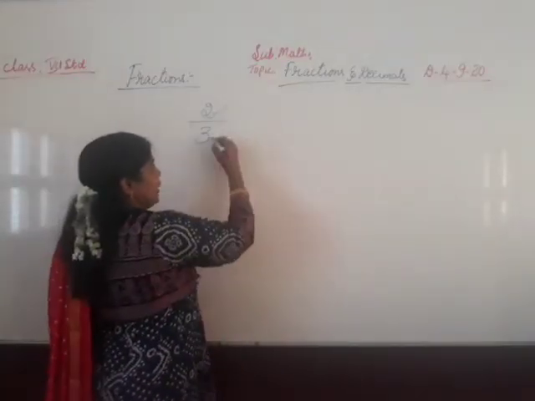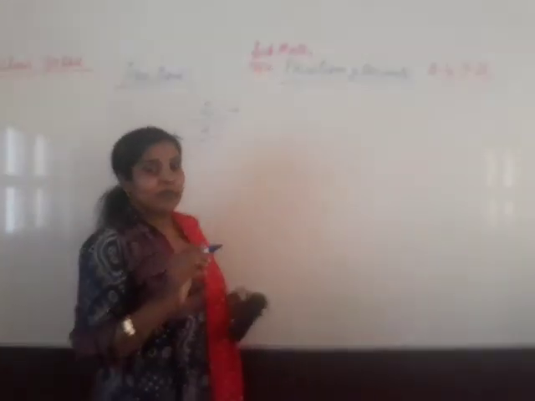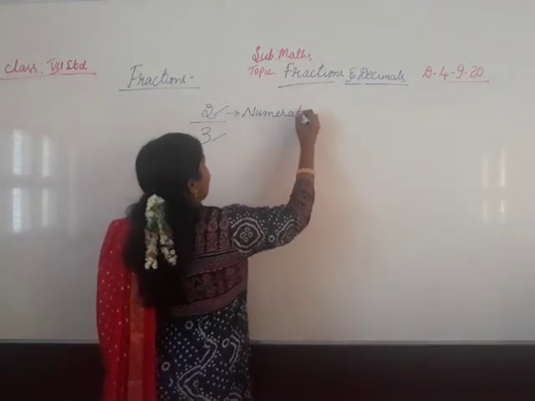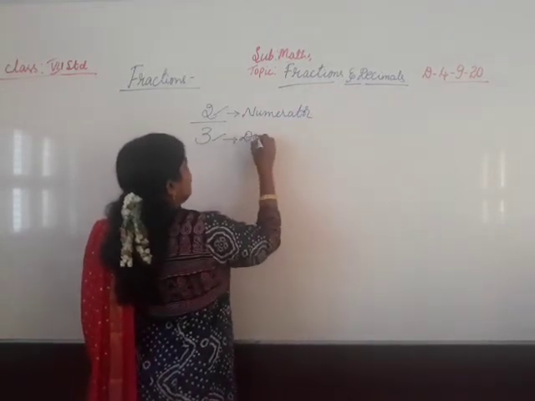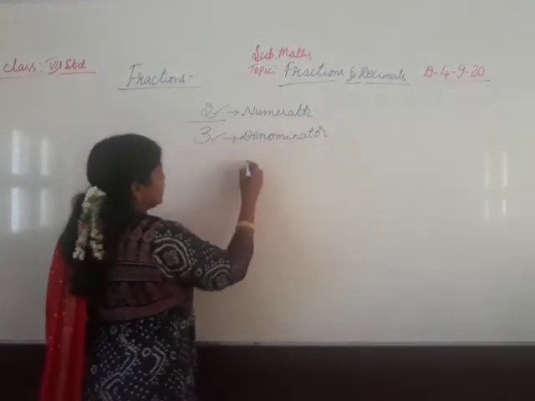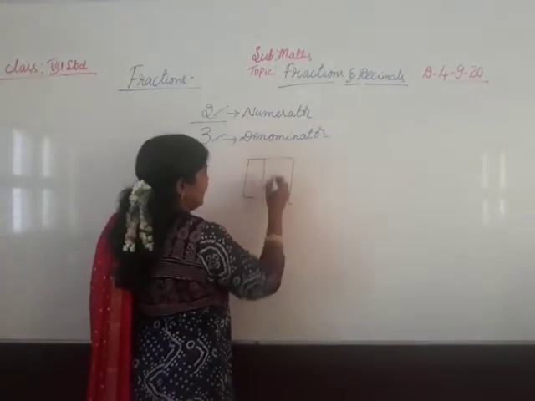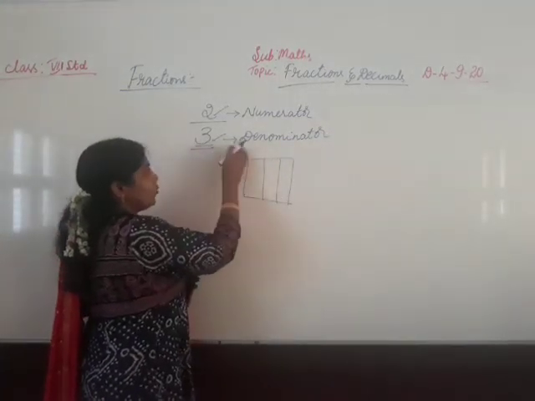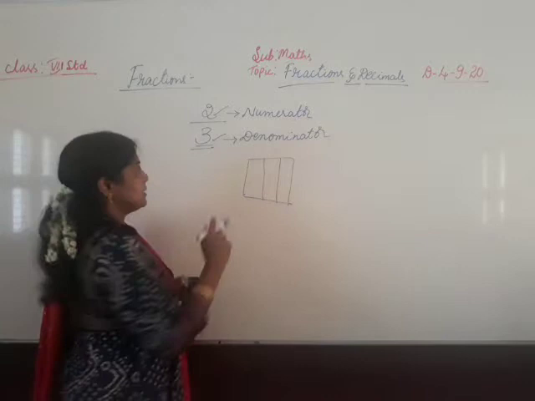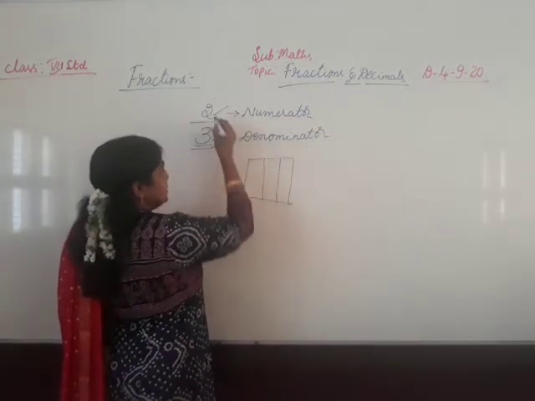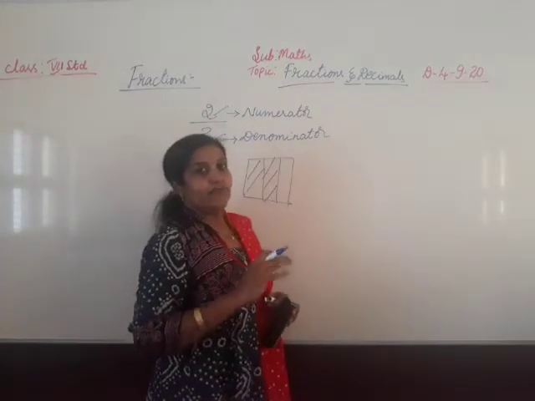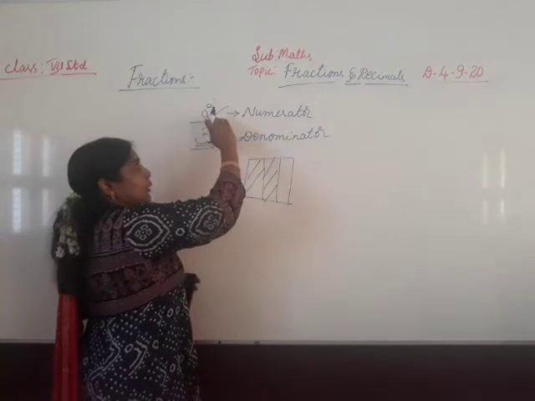So what is 2 and what is 3? In brief I am telling, 2 is the numerator, 3 is the denominator. You are all familiar with this. In the fraction usually, if I cut it into 3 parts, the denominator is the number of parts we have to make. That is the total number of parts. So denominator, total number of parts. Numerator, how many we shaded. Number of parts taken, from the total number of parts.